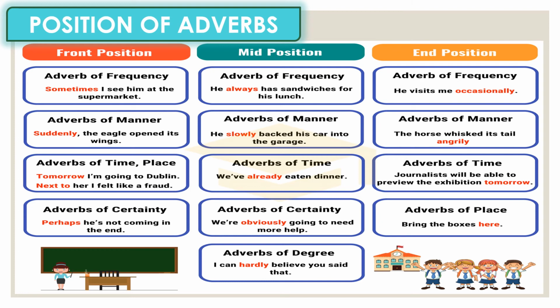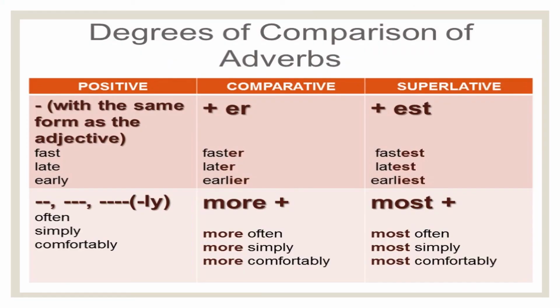Let's move to the next slide, which talks about degrees of comparison of adverbs. The same is used in adjectives and in adverbs. The three degrees that we use to show comparison are positive, comparative, and superlative. Positive degree is the degree where the adverb or adjective never changes its root form. They are just used in their simple form, like late, early, often, in their root